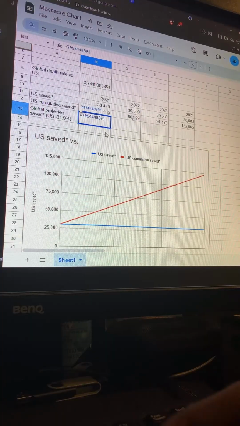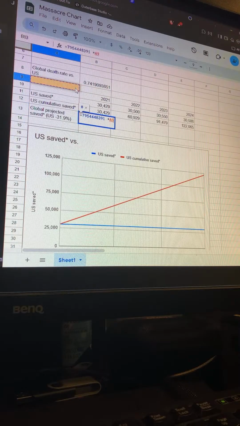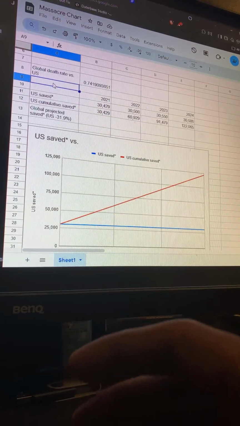Let's see, equals this times population, and this would be, let's see, this would be